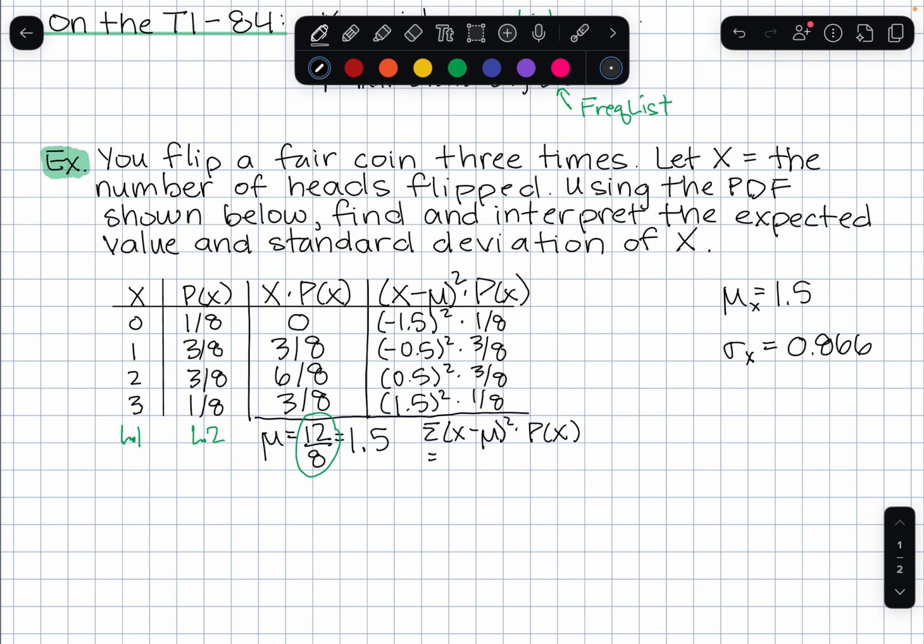So 1.5 squared times 1/8 plus 0.5 squared times 3/8 plus 0.5 squared times 3/8 plus 1.5 squared times 1/8. And assuming I did that correctly, I got